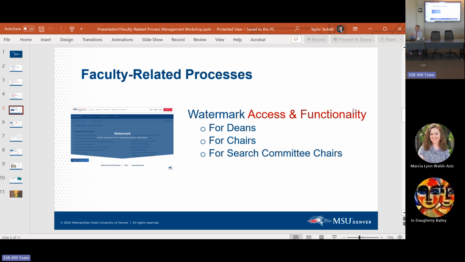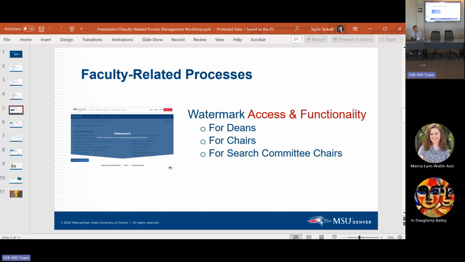Last year, because of several things that happened across colleges, Tracy and I, for the most part, granted that access. We are asking that our associate deans in particular handle that access this year, right? So I'm looking at Katia, I'm looking at Ethan. This is your responsibility as an associate dean. All of the chairs of the department level committees for retention, tenure, and promotion and post-tenure review, you will have to get that information and grant access to the faculty who are up for review within Watermark, okay?